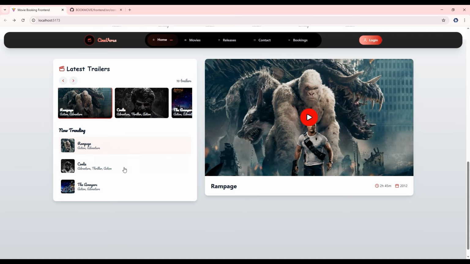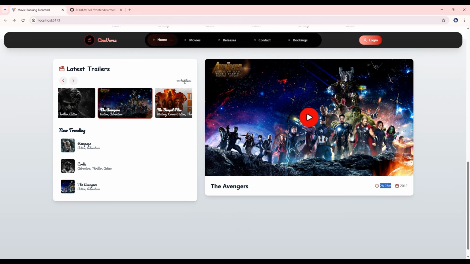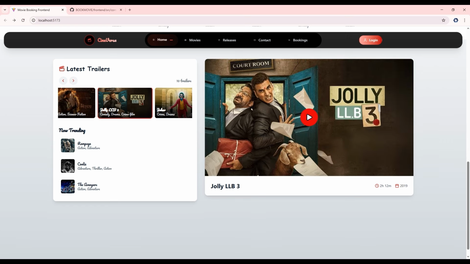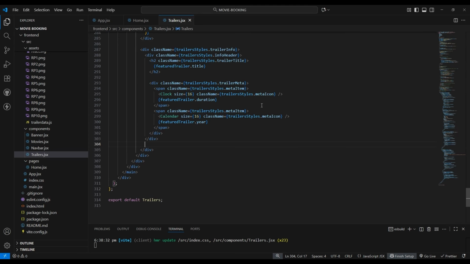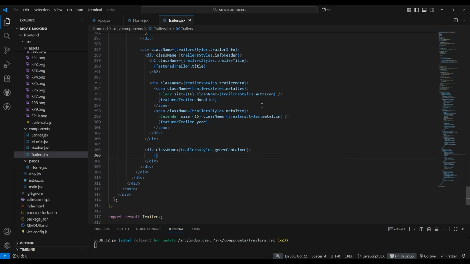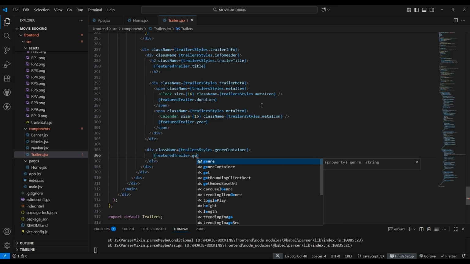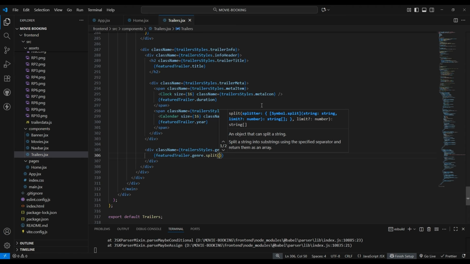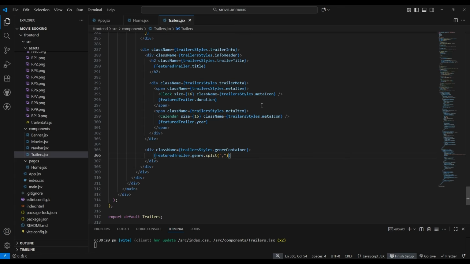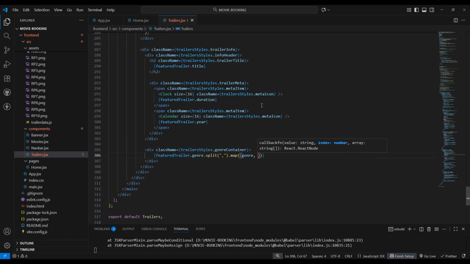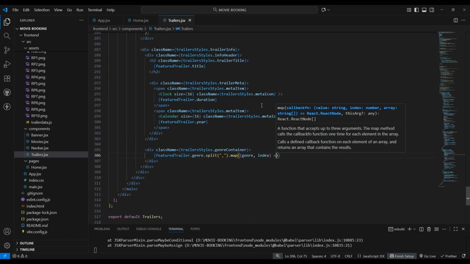Now this is coming from the dummy data we have called here. So let's go back, and now after this create another div tag and give class name to this div as trailerStyles.genericContainer. Then type featureTrailer.genre.split, and we are gonna split it using the comma, and then .map function, and now type here genre and index will be passed here, and create an arrow function